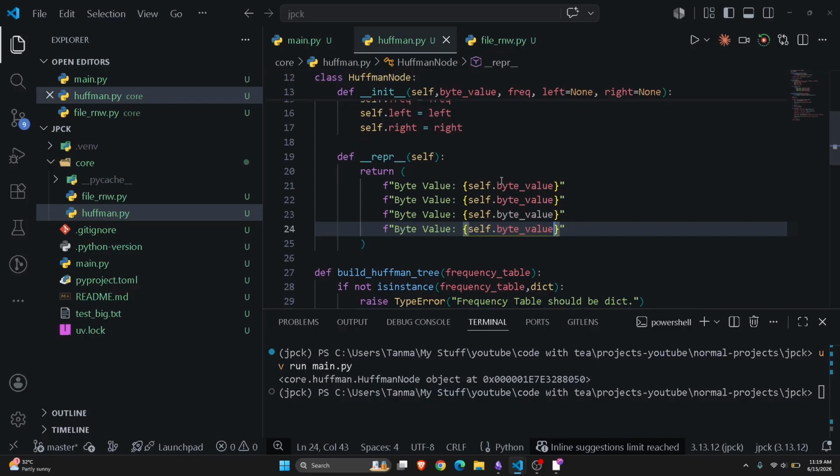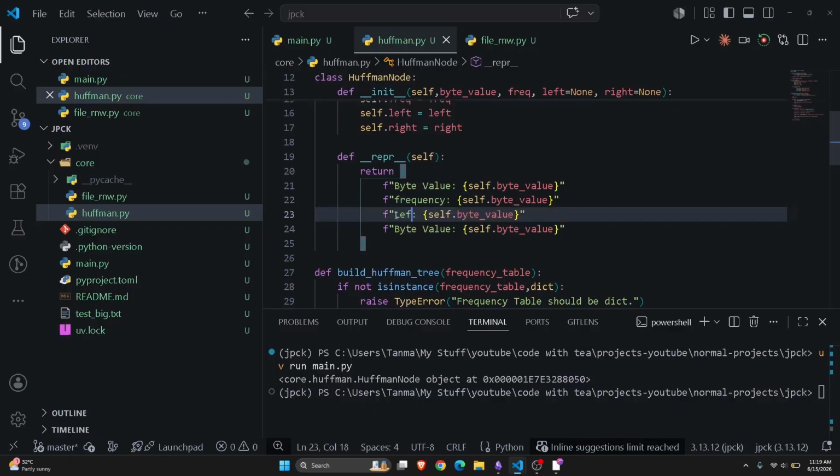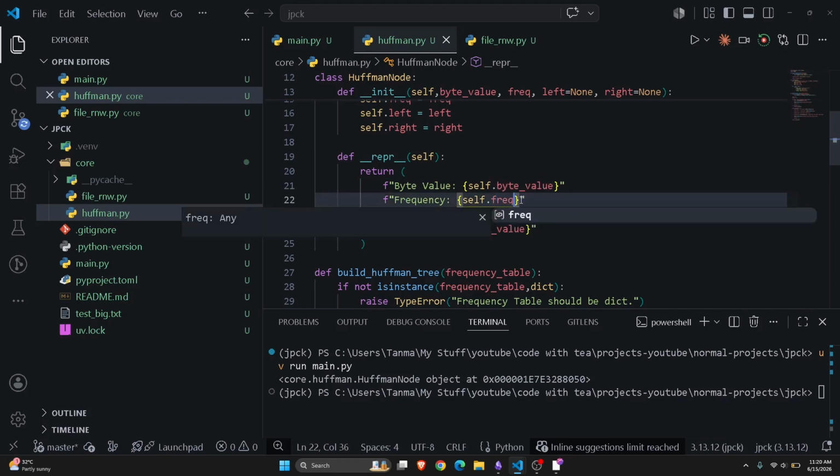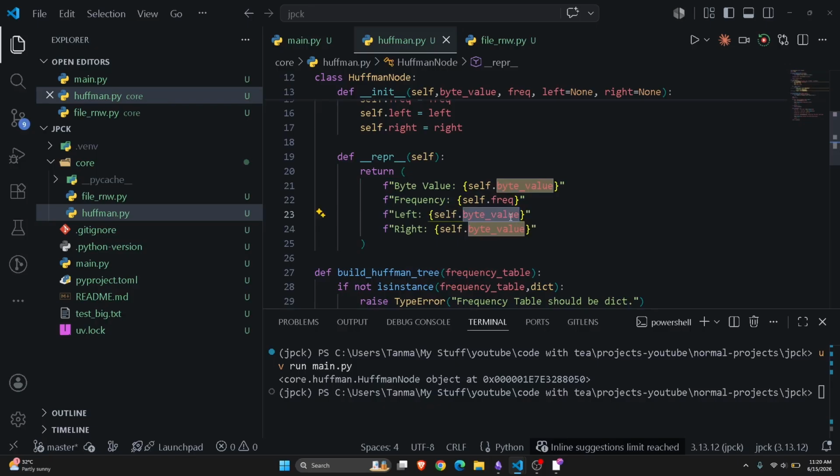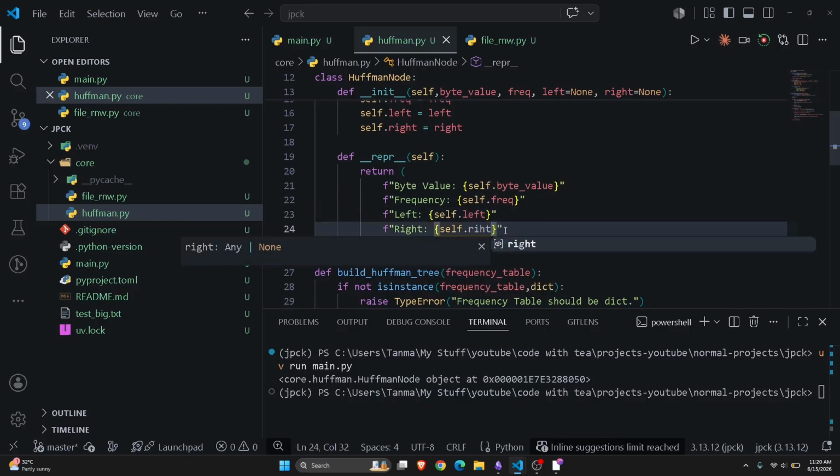Just drag it like this and change these to frequency, left, and right. Right. Okay, now here after eq, left and right. Now keep in mind,